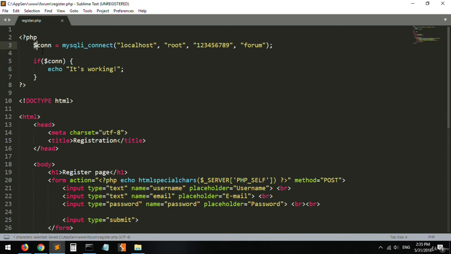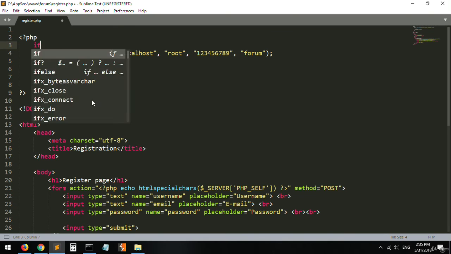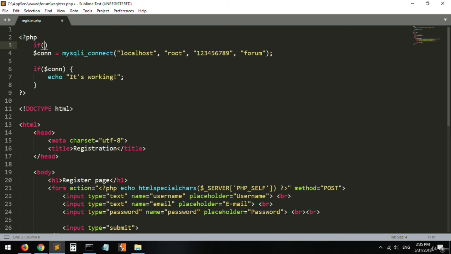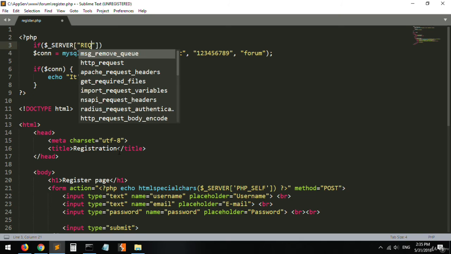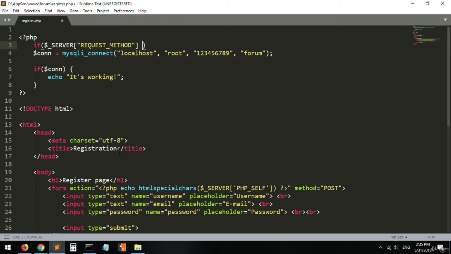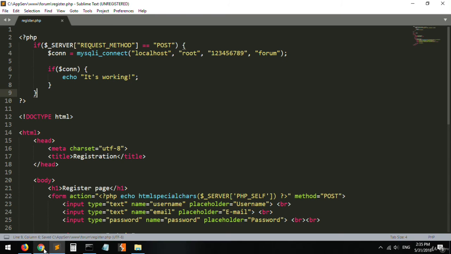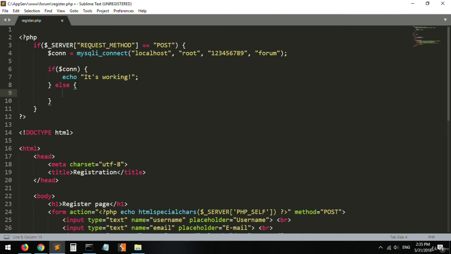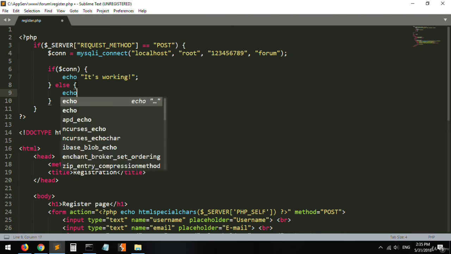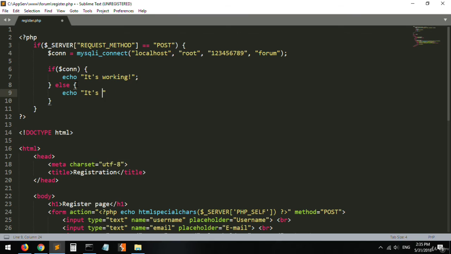Okay, now we're going to add this in an if statement which checks if the submit button is clicked. So here we're going to say if $_SERVER request method equals post, this is going to be implemented. Okay, and else, let's say it's not working. It's not. Okay,